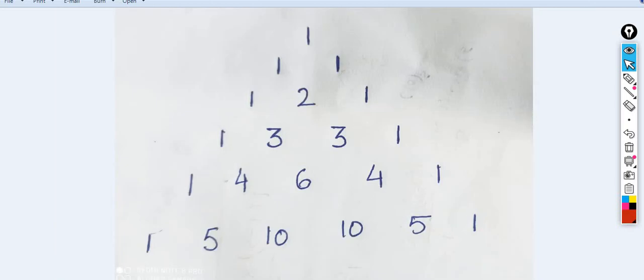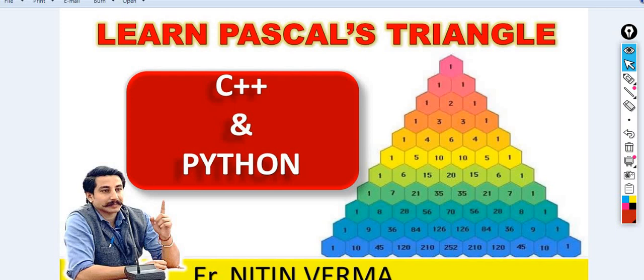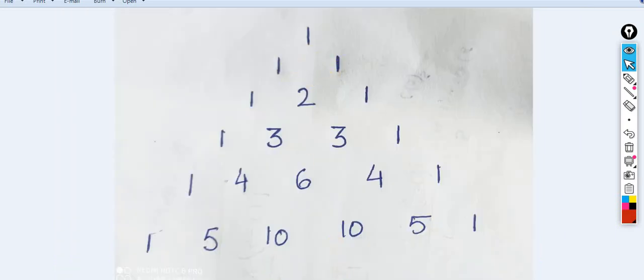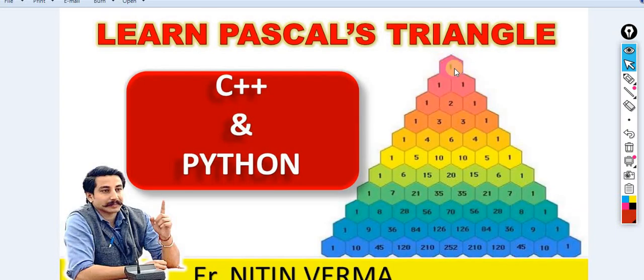This is again a mostly asked interview question, the Pascal triangle. If you understand this Pascal triangle, let me show you this: 1; 1, 1; 1, 2, 1; 1, 3, 3, 1; 1, 4, 6, 4, 1; 1, 5, 10, 10, 5, 1; 1, 6, 15, 20, 15, 6, 1. This is the Pascal triangle, and you are supposed to generate the data in this format. This is the last assignment. If you have done all these assignments, then you are supposed to perform this one. But this is a little tricky.